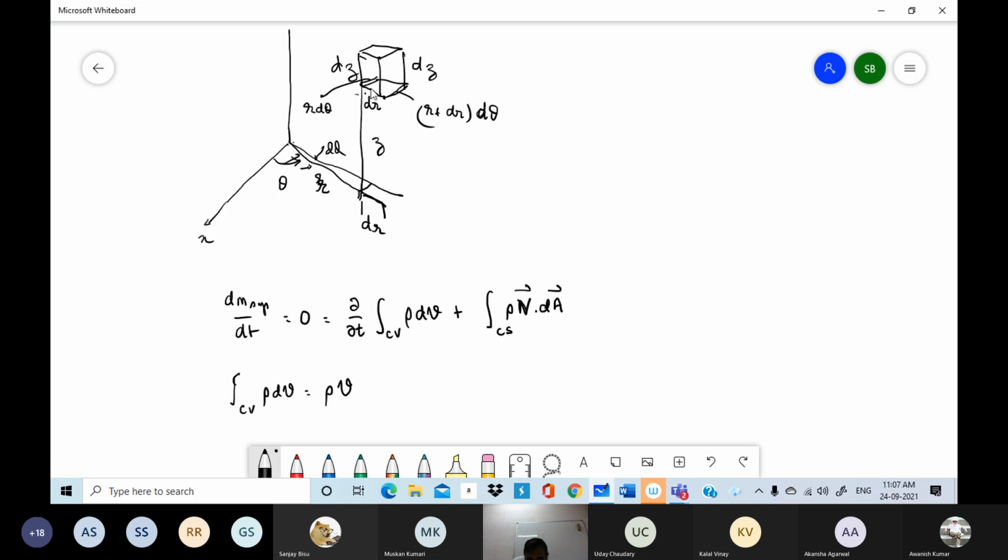since this is an orthogonal coordinate system, the dr and the r d theta are at right angles, and both are at right angles to dz. So the length into breadth into height will give me the volume. So if I see the volume, okay, the volume enclosed between theta and theta plus d theta, that would be